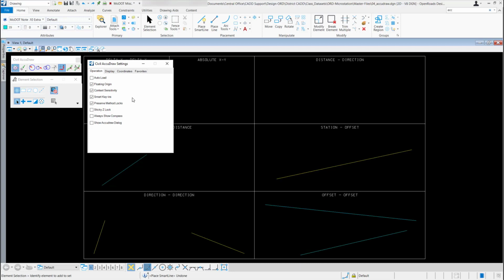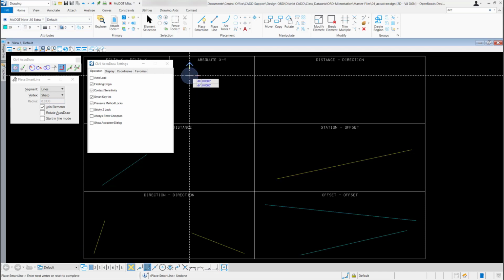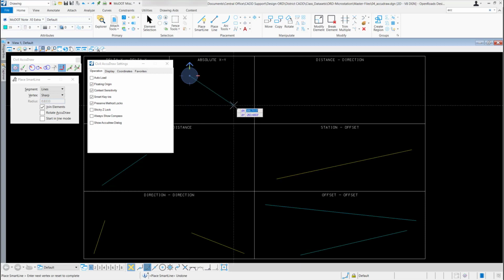So if I go back out and select my Place Smart Line tool, I have Civil AccuDraw checked on. I'm in my DX and DY mode. If I just go out and dynamically place a line and start to drag it to the southeast, and I know I want my X value to be 400 feet, I'll type in 400 and hit enter to lock it in.